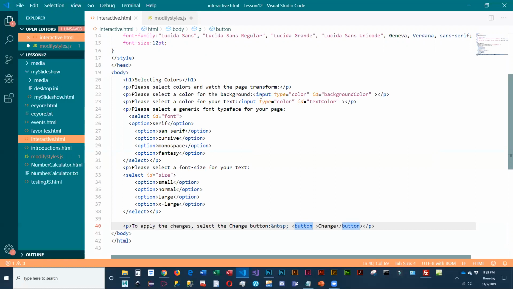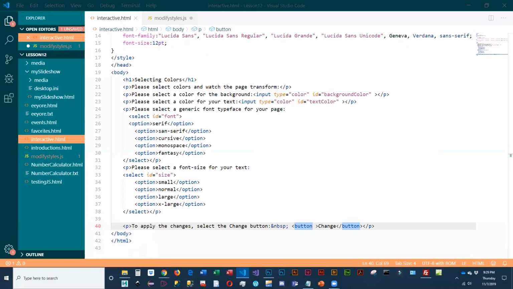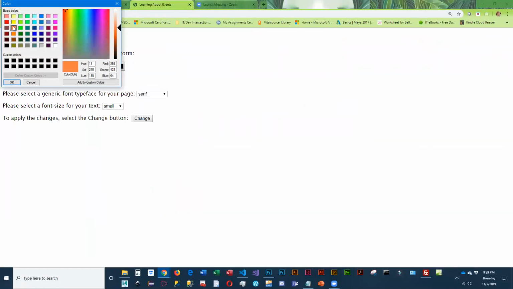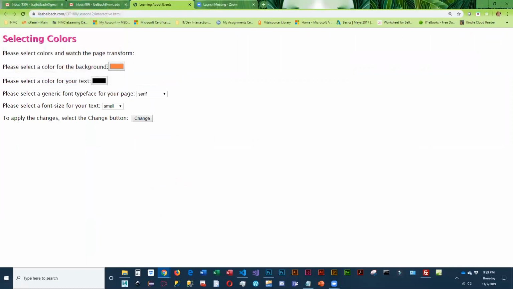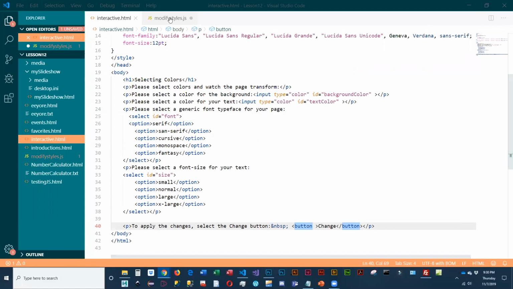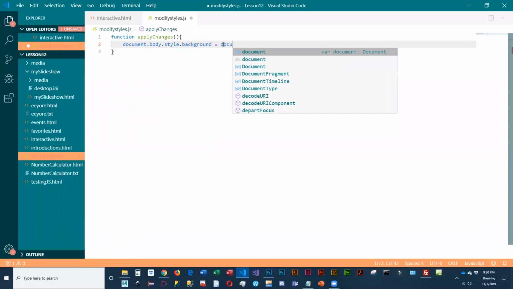Okay, so we're targeting this little input box, and let me show you what this looks like, because I think it's helpful to see it. In fact, I'll just pull over this page. So this is the input box we're targeting. Okay, so when they pick a color out of here and we hit change, it's going to apply that color to the background. So that's kind of the goal here. So we're targeting this ID. We're going to pull this color, whatever they've selected, and apply it to the background of the page. So the JavaScript code that does that is